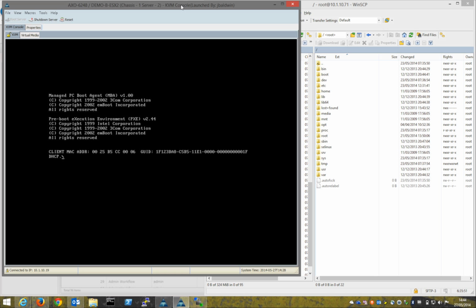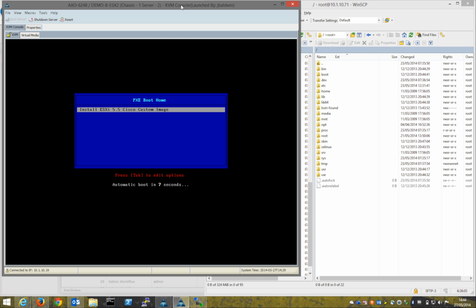Here we go. This is it booting from the network. So it's going off and finding a DHCP server. In this instance, the DHCP server is the BMA. Cisco don't support this if you use a DHCP server in Windows on a separate network currently. However, it will function. This is it doing the PXE boot, so it's hit the PXE boot file, which has told it where to go for the boot menu,